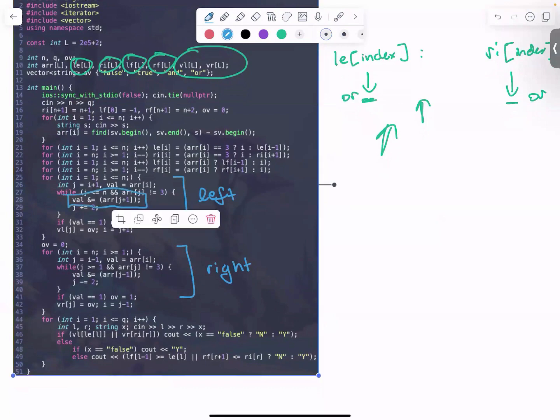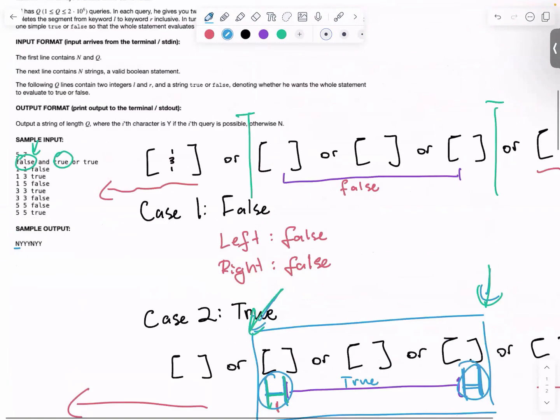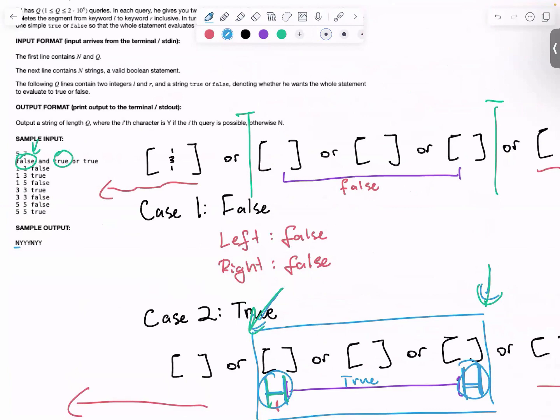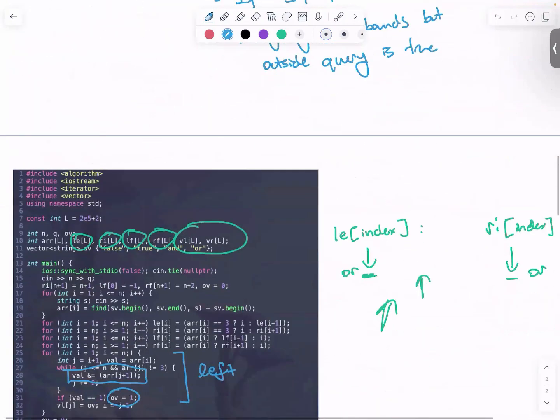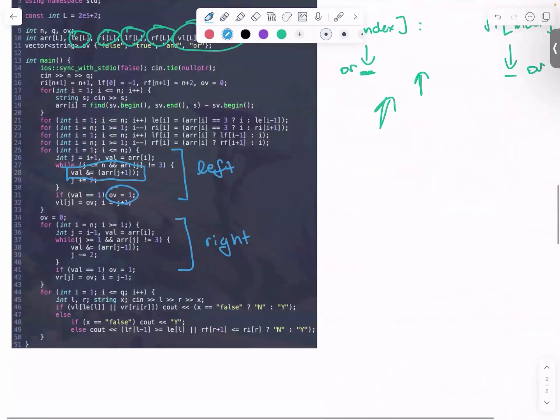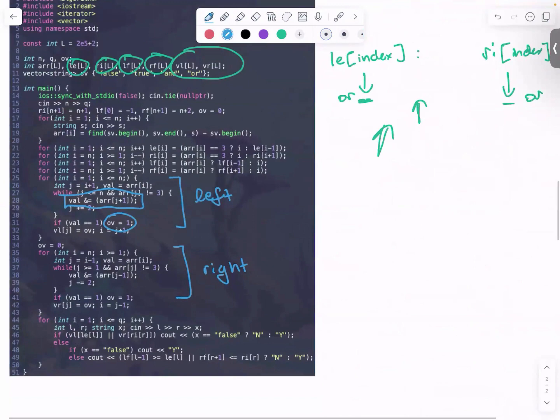That's what val is here. If it's equal to true, then we can set our value to 1, and that will let us know that there is some run of ANDs that evaluates to 1 in our prefix, and that'll give us again a nice O(1) way to see if